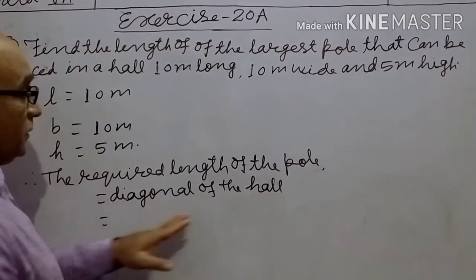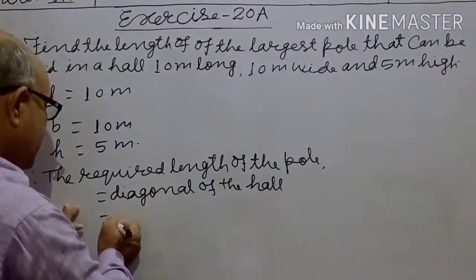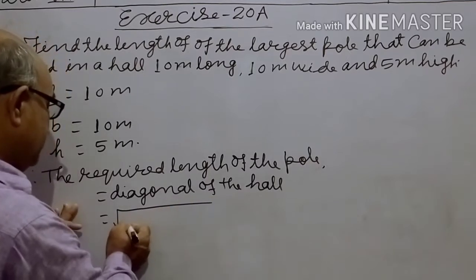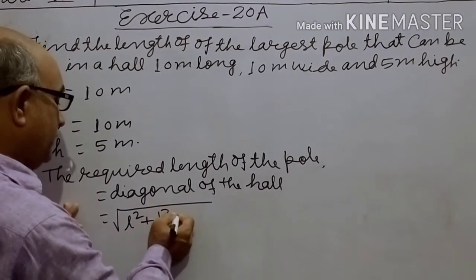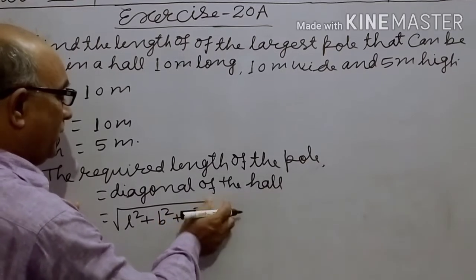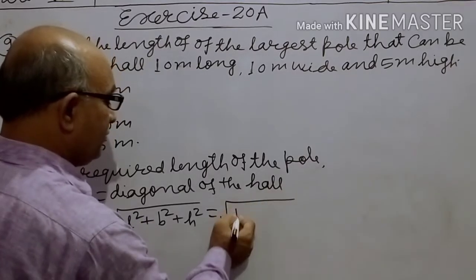The formula is: the diagonal of the hall or room is under root L square plus B square plus H square, equal to under root